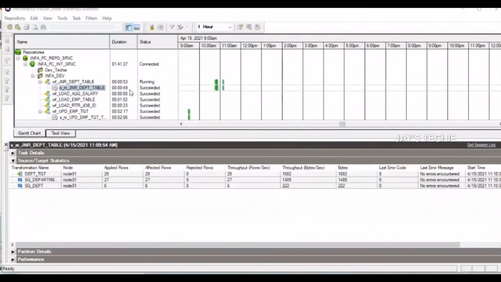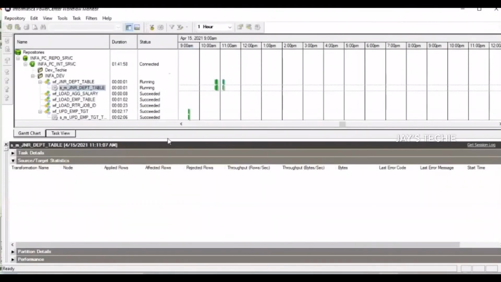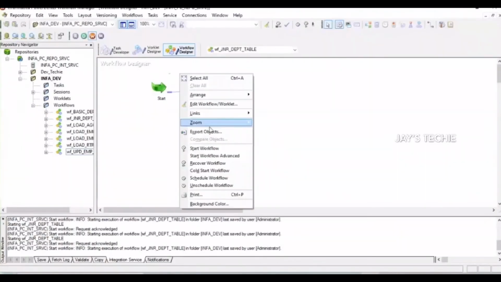Yeah, you can see here previously it was 6 seconds. Now you can see less than 49, and previously it was 11. You can see that the time difference is less. Let's rerun this to see if this shows any difference, because we restarted the job for the first time there. Let's try rerunning with start workflow, and it's going to truncate and load. Let's see the runtime again to see if it is consistent or not. See, it's less than 10 seconds. Previously it was started after a long refresh. That is the reason it was taking much time. Since the job ran immediately, let us run again.